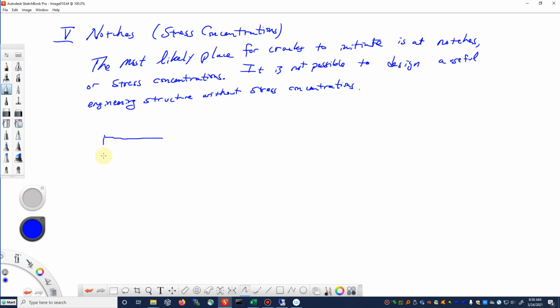We were to take a look at a plate with a hole in it in a uniaxial stress field. If that hole was not in the plate, the stress would be uniform throughout the entire plate. If there is the hole in the plate, then we have a localized stress concentration that spikes the value of the stress near the edge of the hole, and it tapers off and eventually becomes equal to the nominal stress